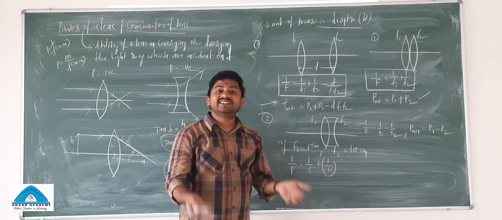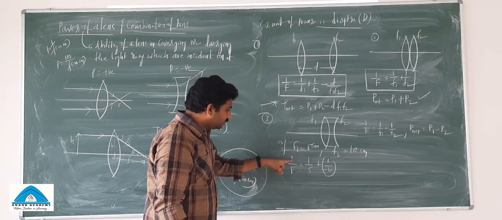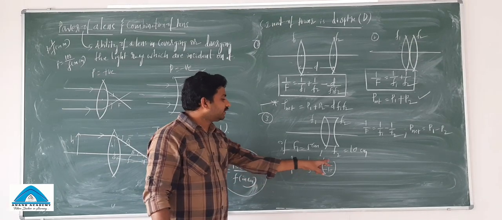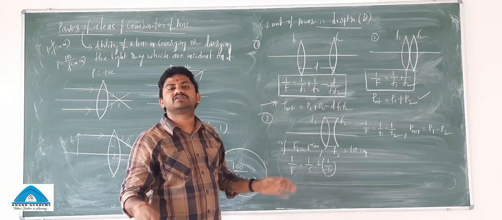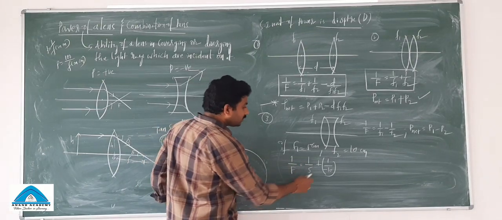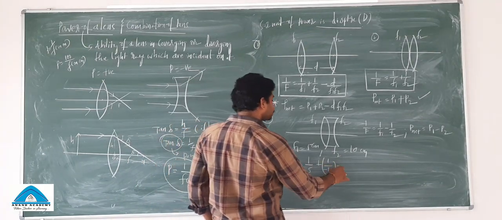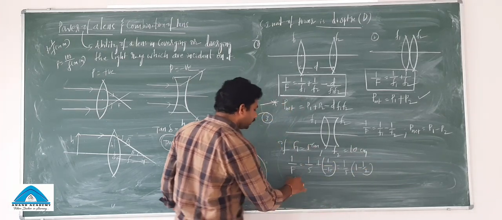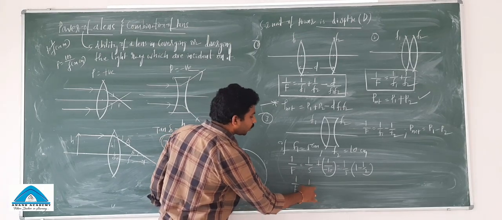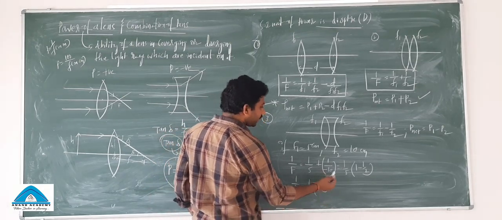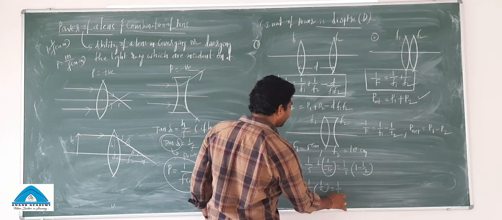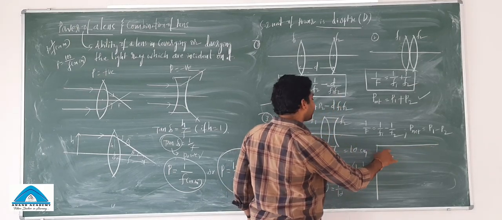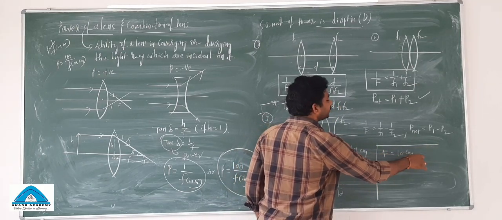Here we are taking focal length in centimeters. We need to take this as 100, this is 100, this is 100, right? So if you take 100 here, 100 here, 100 here, left side and right side, 100 will be cancelled. So that's the reason. Now this is how I can write 1 by 5 if I take on, it is 1 minus 1 by 2, and 1 by f is equal to 1 by 5 into 1 by 2, and what I can write here, it's 1 by 10, and the final answer, an important answer we are going to get here. So effective focal length will be equal to 10 centimeters.